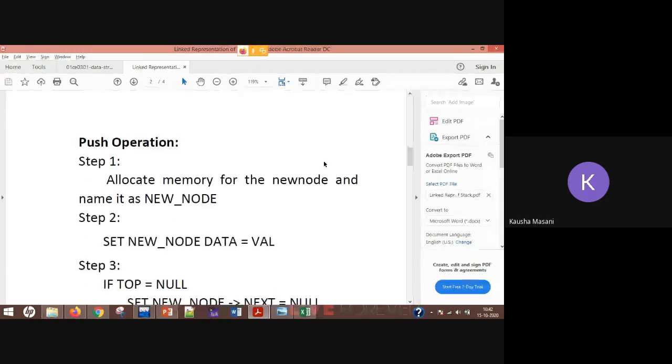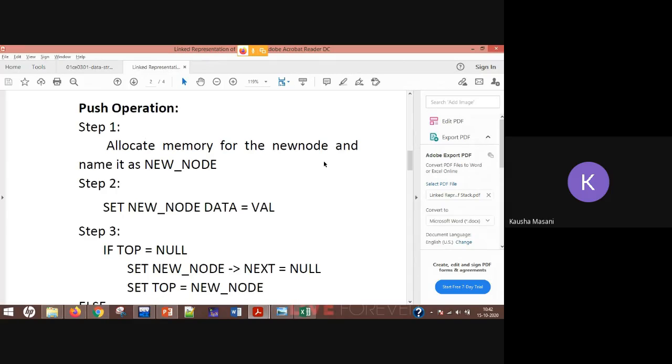Now check, if top is equal to null, then the next part of that new node will be null, and top is equal to new node. So what we are doing here,